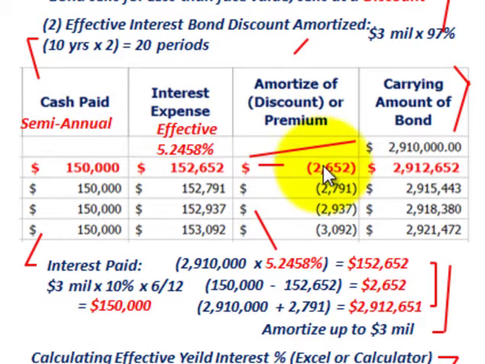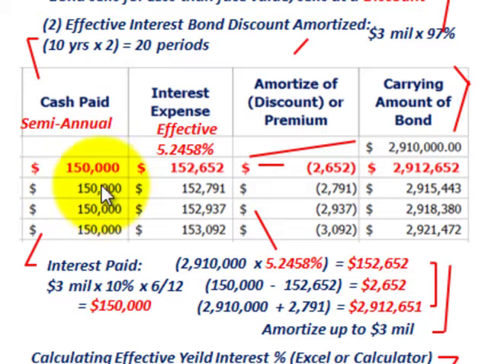So now for our amortization amount, same as we did for that other schedule, but these are actually payments that we're going to make, and this is also the interest expense that we're going to recognize on the bond. So we had our interest expense of $152,652, cash payment $150,000. So our discount amortization was the difference, $2,652. Adding that to a beginning carrying amount of $2,910,000 gives us a new carrying amount of $2,912,652. Taking that times our effective interest rate, we're going to come up with our interest expense for the next period,